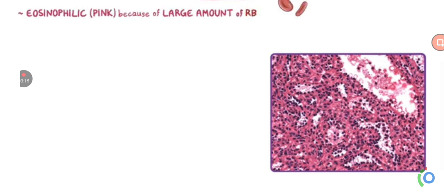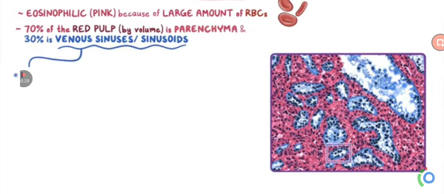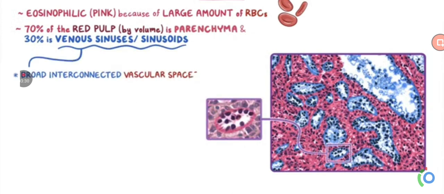Alright, now let's focus on the red pulp, which appears noticeably more eosinophilic, or pink, because of the large amount of red blood cells present. About 70% of the red pulp by volume is composed of the parenchyma, and about 30% consists of the venous sinuses, or sinusoids. The venous sinuses are broad interconnected vascular spaces that are lined with specialized endothelial cells that filter